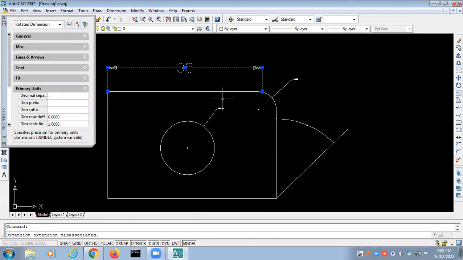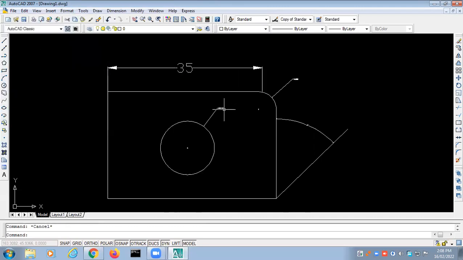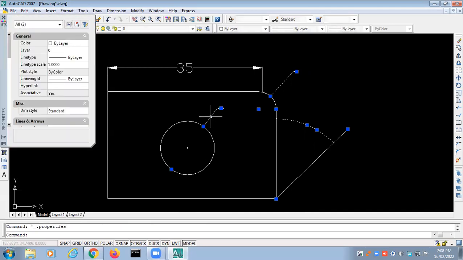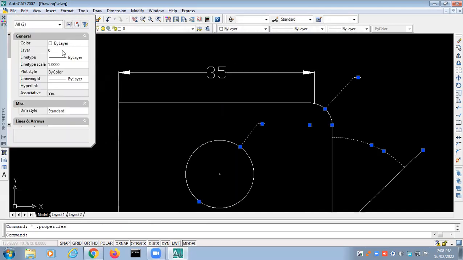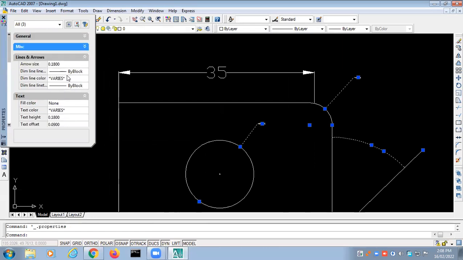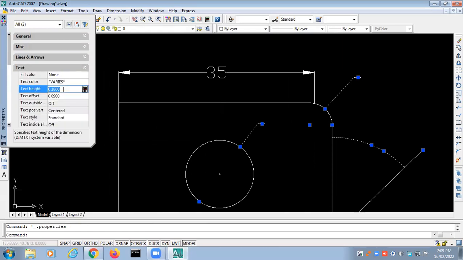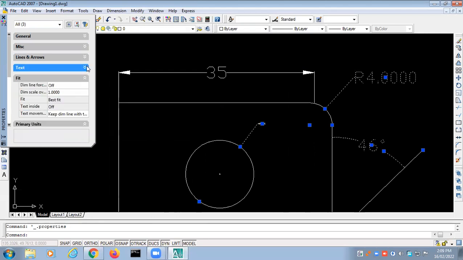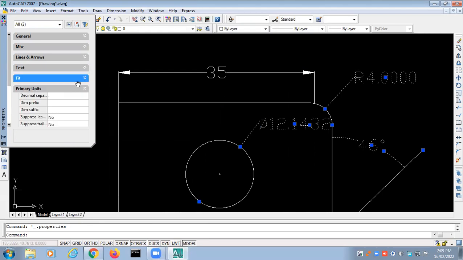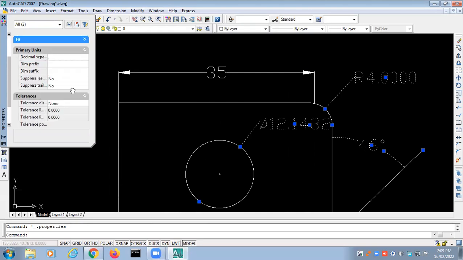Okay, similarly you can go over here, to dimension fit, primary units, say